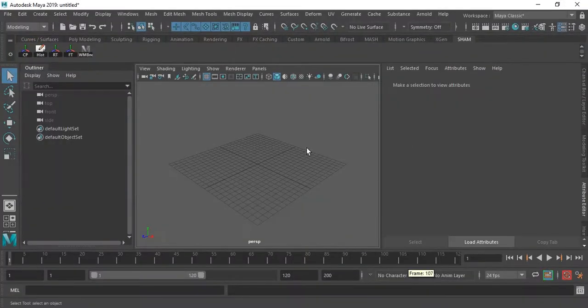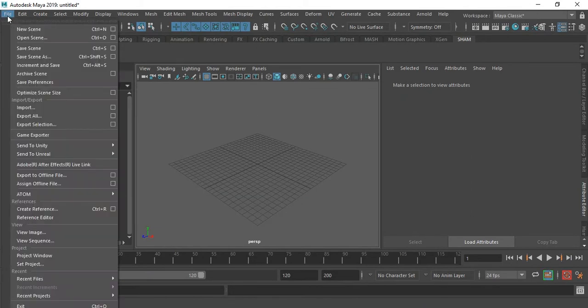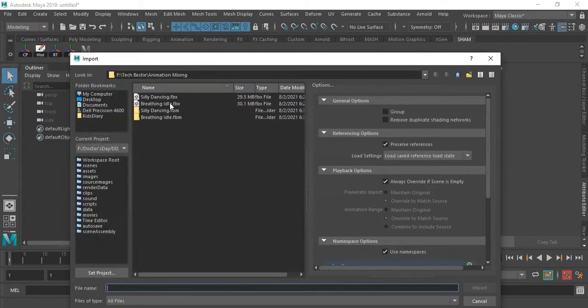Now I am going to Maya. Go to file and import your downloaded FBX. Now I am selecting this silly dancing FBX.